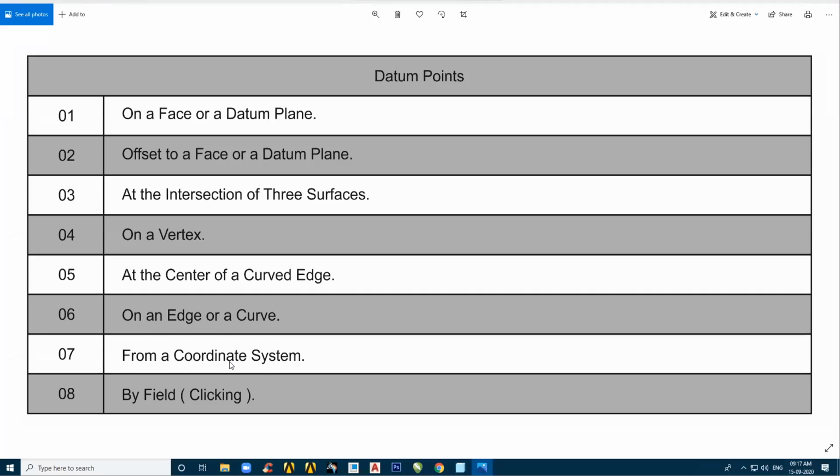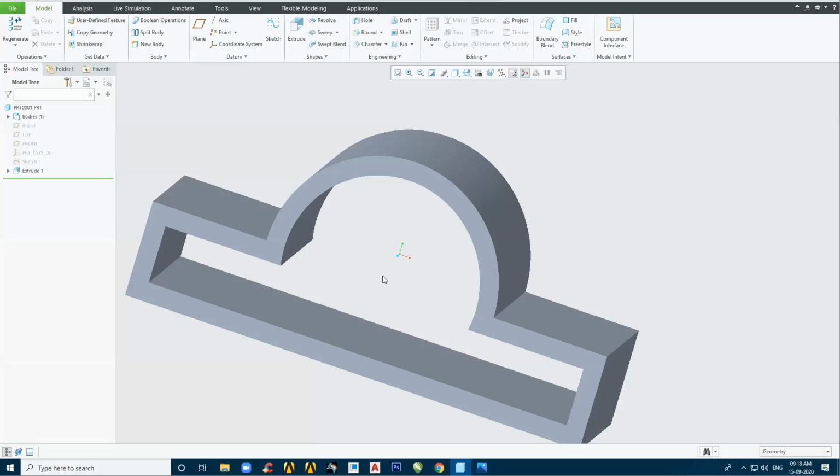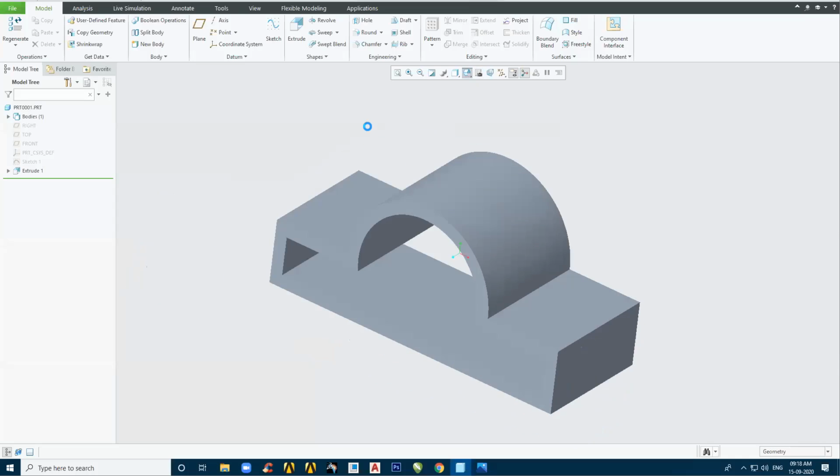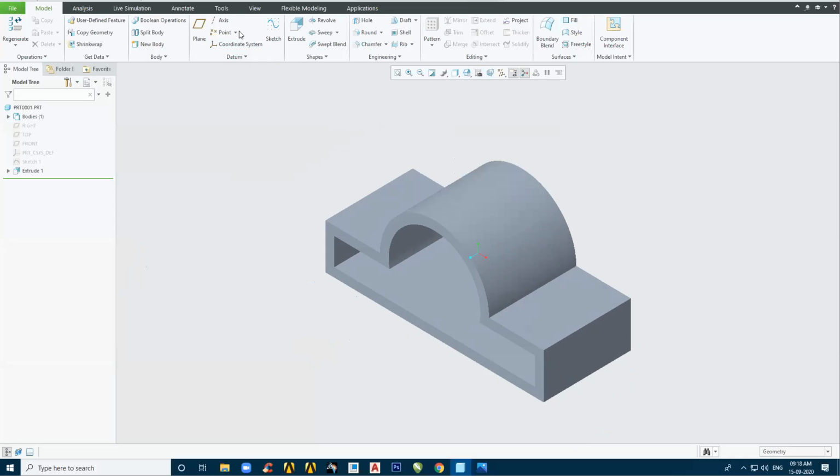Now from a coordinate system, but before that I will tell you that simply by clicking also you can create a point. And how do we create that? It's very simple. For that we have this overflow option. Click on this and click on field.